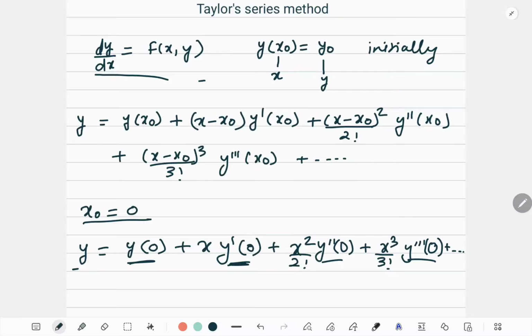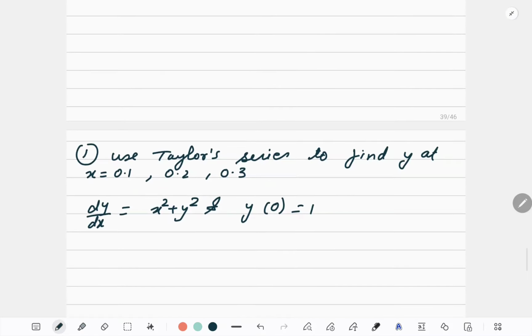Now, sometimes in questions they will mention up to what order they want. If they say third order derivative, we will calculate till the third derivative. If they say fourth order derivative, we will go till the fourth order derivative. If they are not saying anything, then use your common sense and do it in such a way that you get at least 3 non-zero terms. In a few complicated questions, sometimes 2 non-zero terms are also okay, but it rarely happens. Now let us start with a simple question.